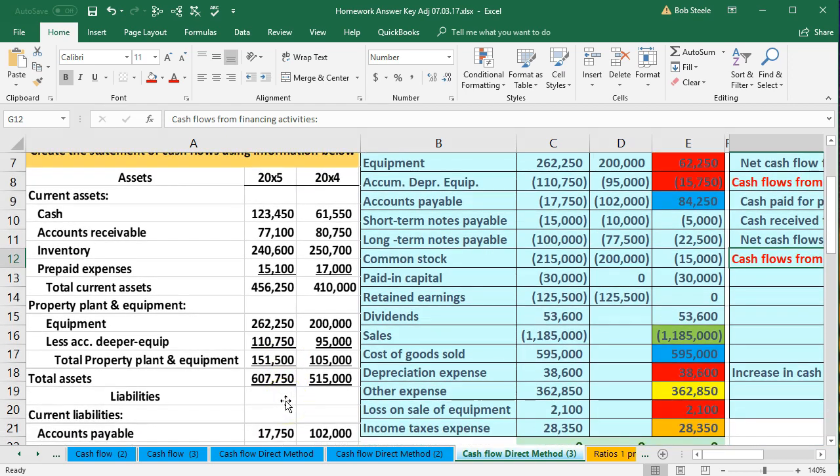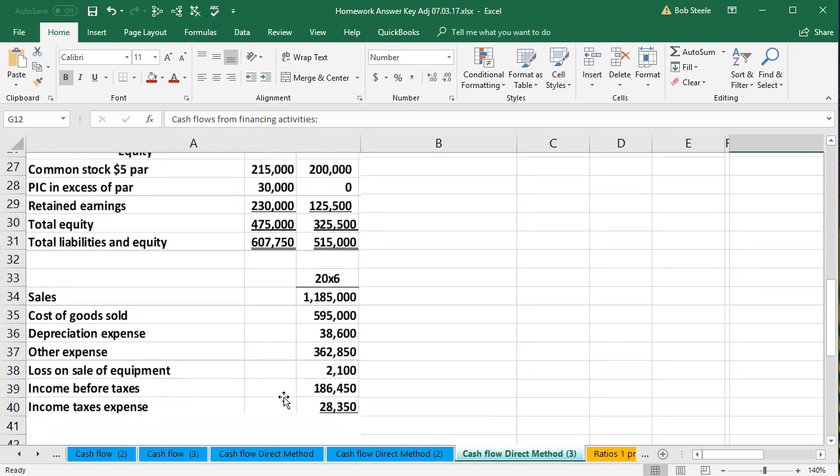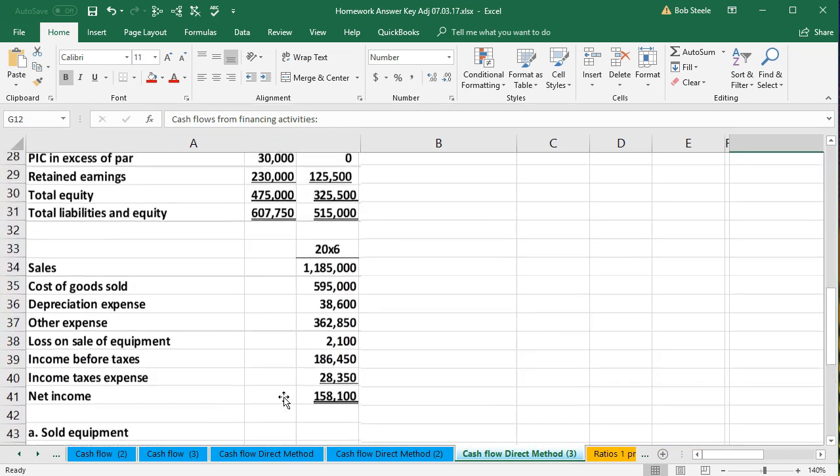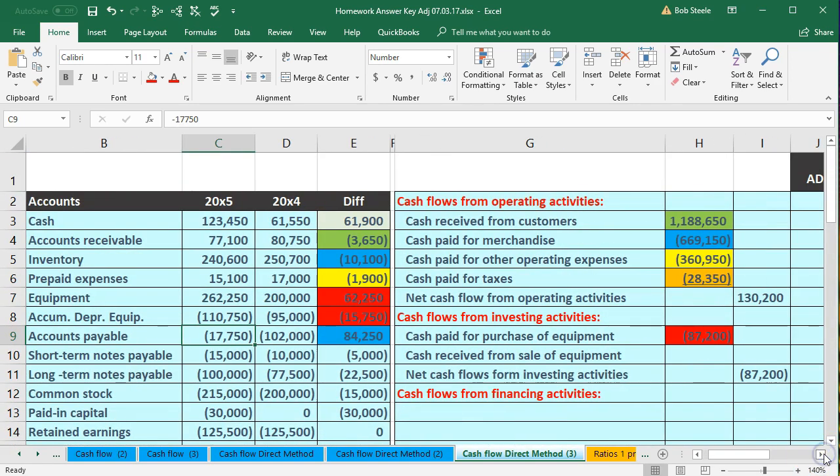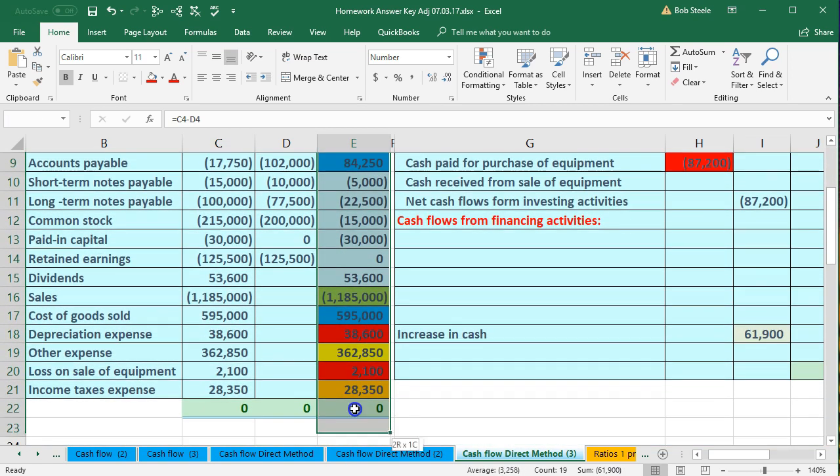Side, including a comparative balance sheet, an income statement, and some added information. Create our worksheet, our primary tool that we will be using to create the statement of cash flows. We ended up with this difference column. This is where we are concentrating now. We're going to find a home for all of these differences. Once we do so, we'll come up to the difference in cash,